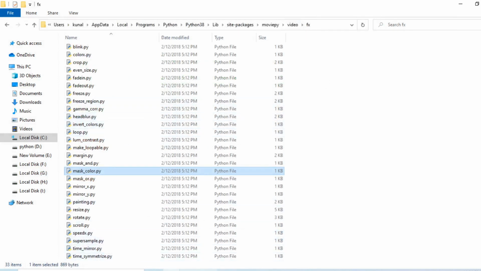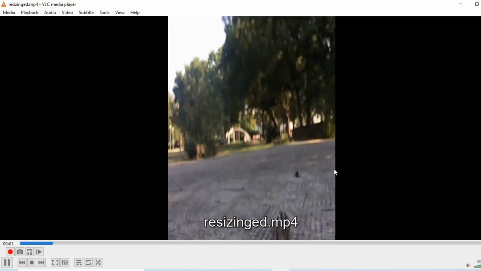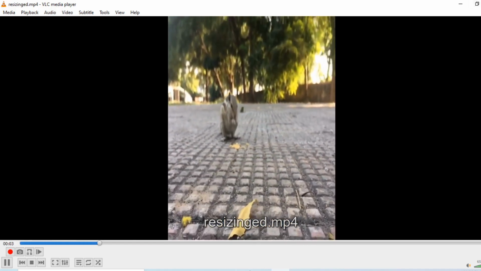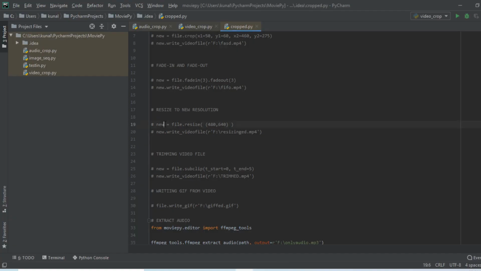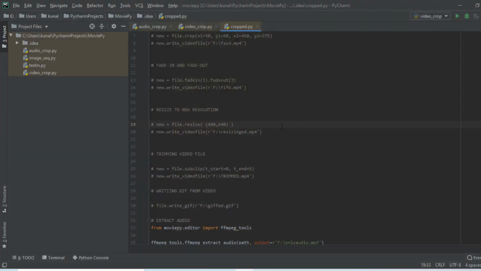Let me show you an example. What I did was resize. See, I changed the resolution with only this one line. That's the power of this module. I was wondering where this module can be used.